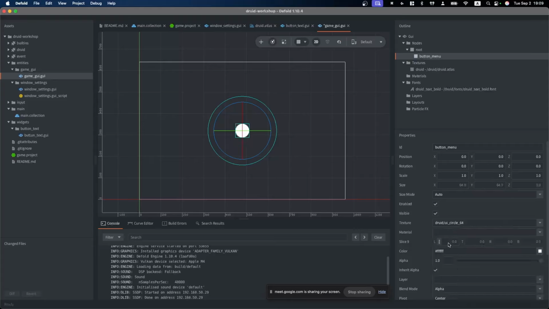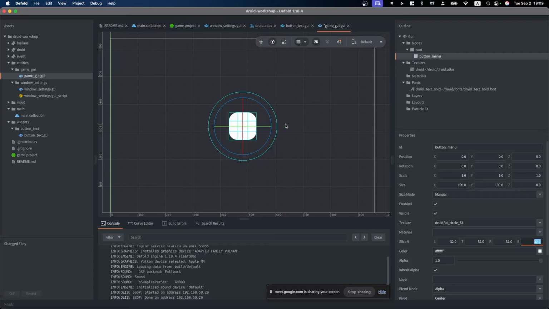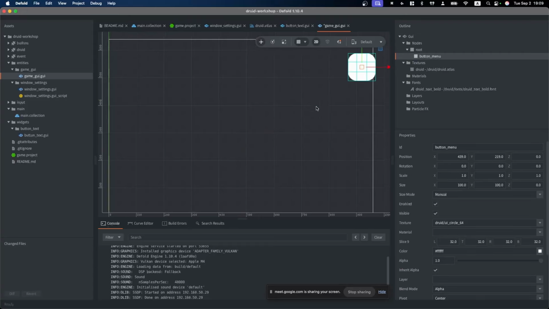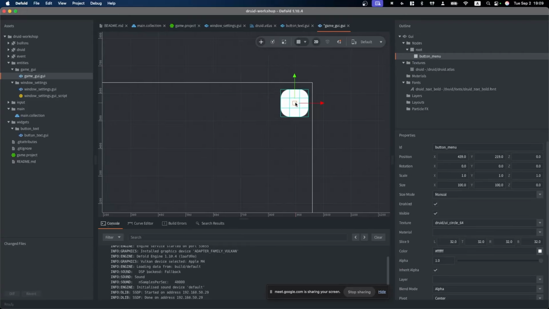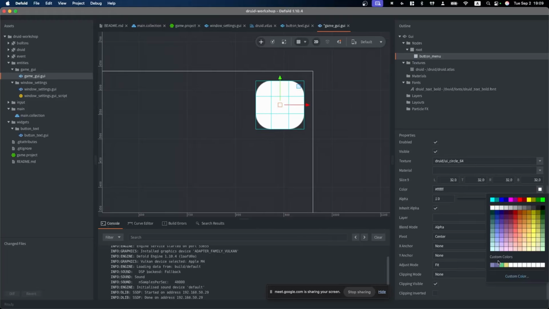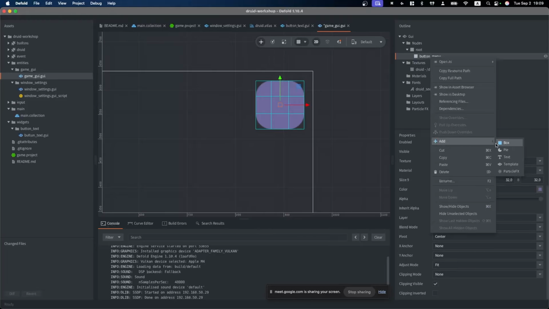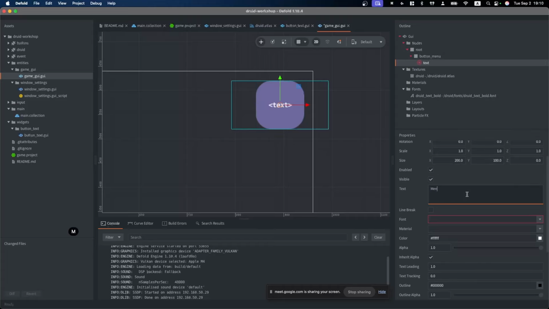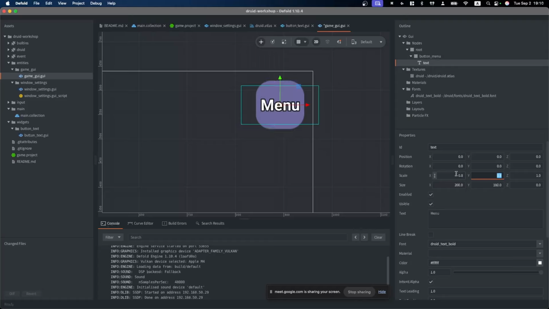It uses absolutely the same thing as I did before. Size is reset. Our perfect rounded rectangle. And if we place it here, perfect position for the button. Let's make a color and the text to display its menu. A little bit less size of text.